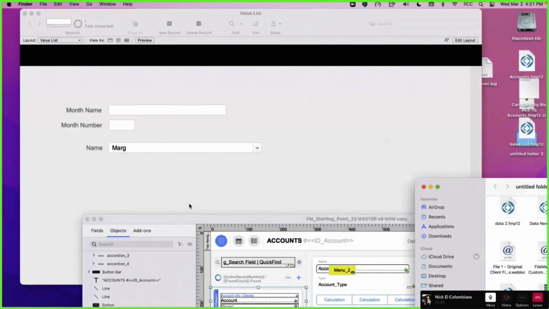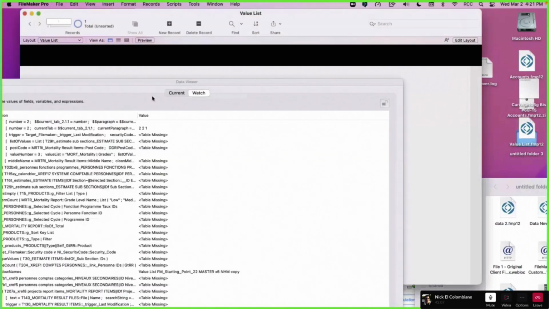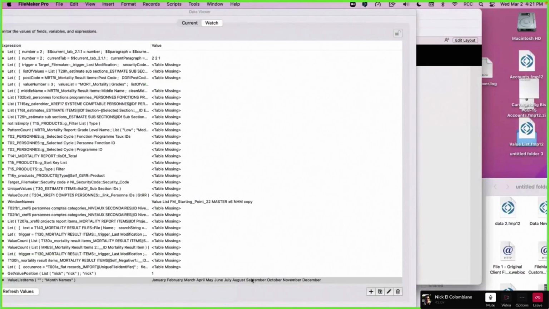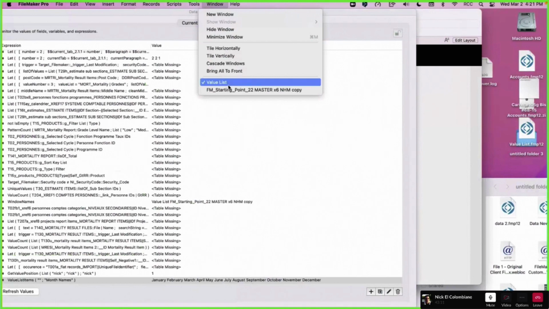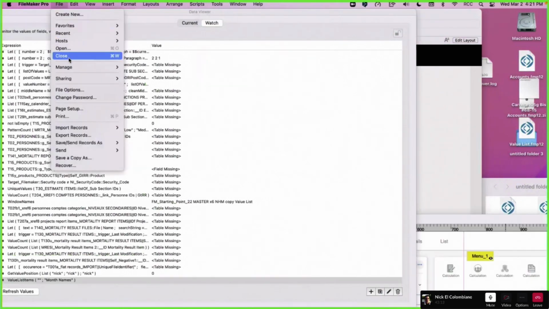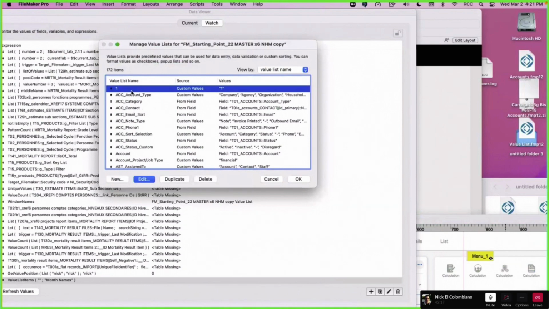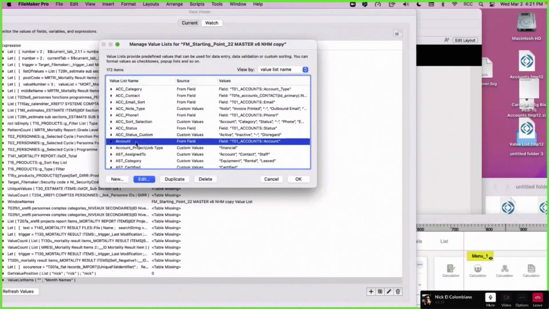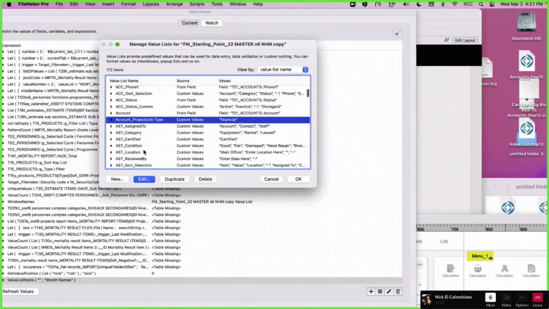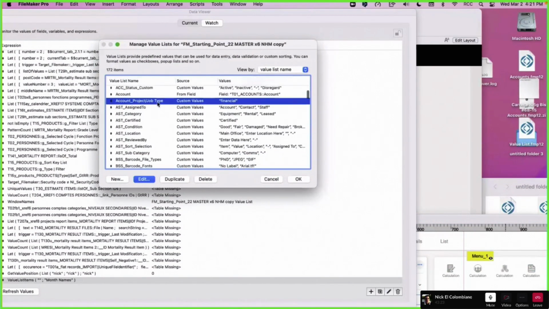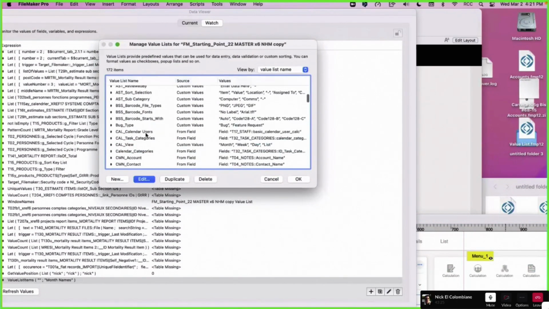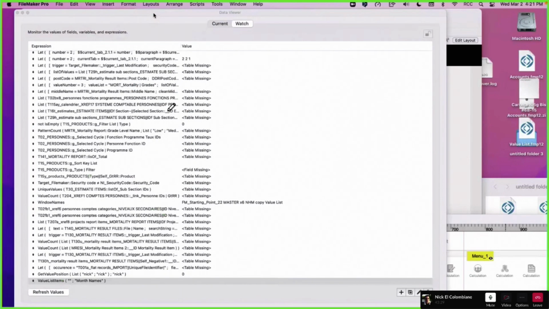So in starting point, which value list can we use? Value list items. Okay, let's use accounts. No, financial. What will we see? Use an empty one. Calc view. There you go. That's an easy one.